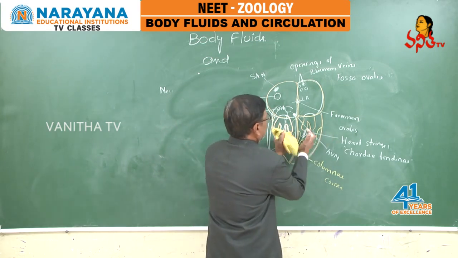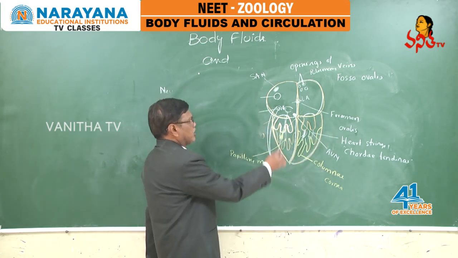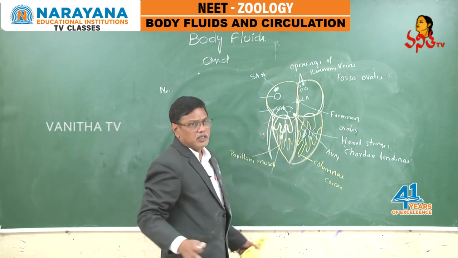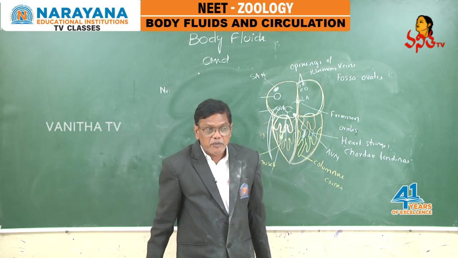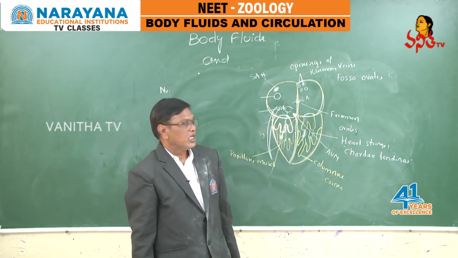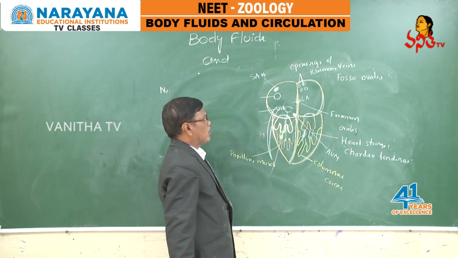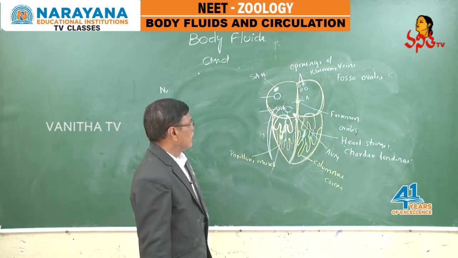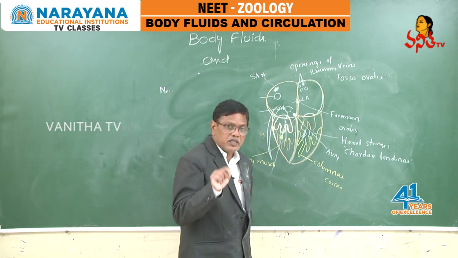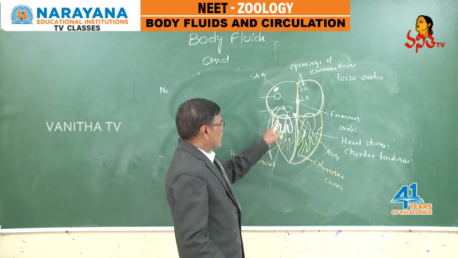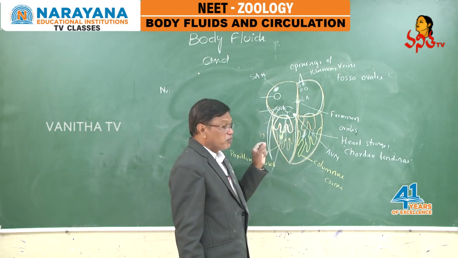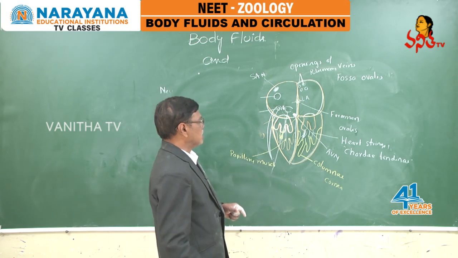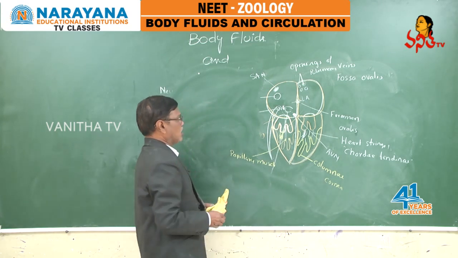Whenever the ventricles contract, there is a possibility that the tricuspid and bicuspid valves open back into the auricle, and some blood may flow back into what? Auricles. Here the heartstrings, chordae tendineae, prevent the too much bulging of these valves back into auricles. Okay, students, this is about the structure of the heart.